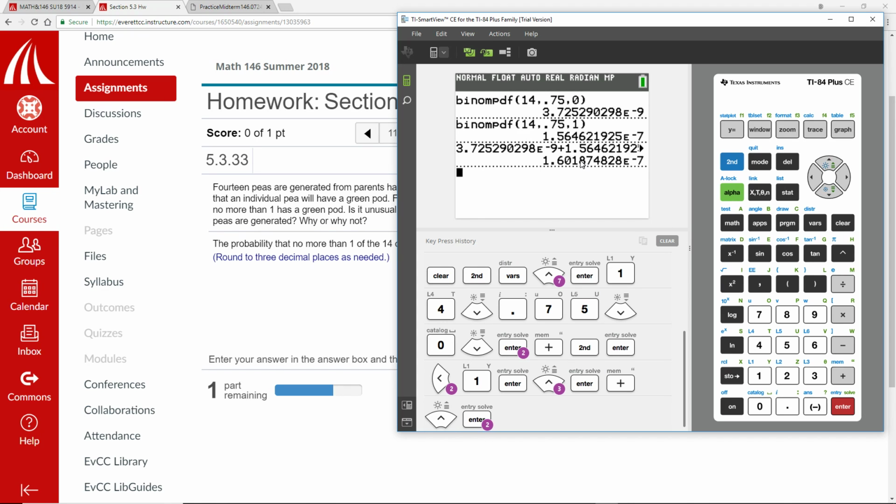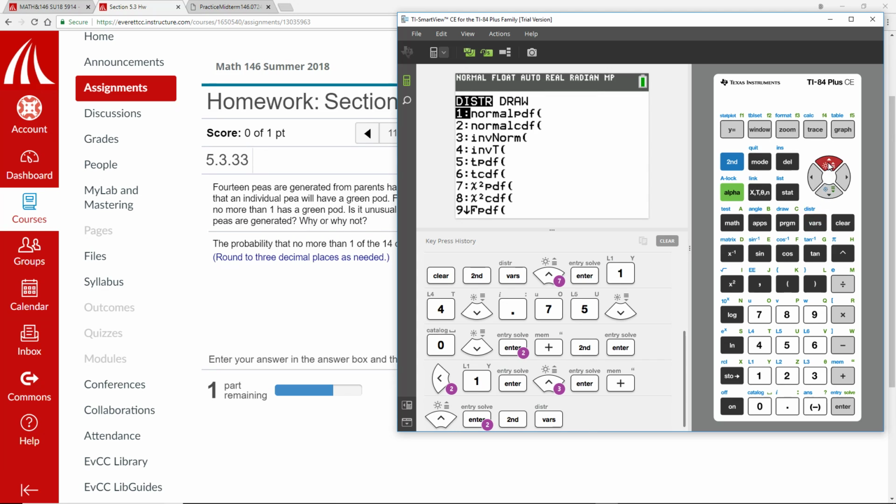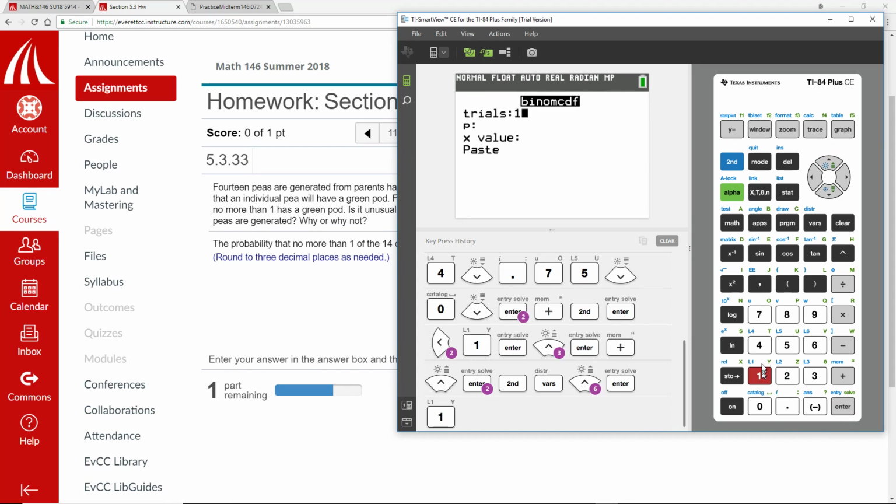Now there is another way to do this. Because it's at most, in other words, it's going from 1 down, we can actually use binomial CDF. The binomial CDF counts for any x value that you want to start with all the way down to 0. So what I'll do is put in 14 trials, probability 0.75, and make sure my